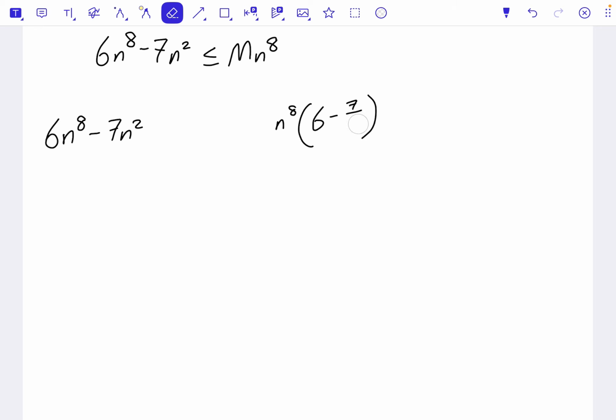Wait. Yeah, this would probably work. You choose n greater than 7, thus n to the power of 6 is greater than 7. Thus, 6 minus 7 over n to the power of 6 would be less than